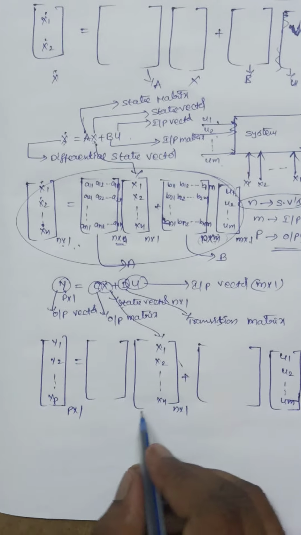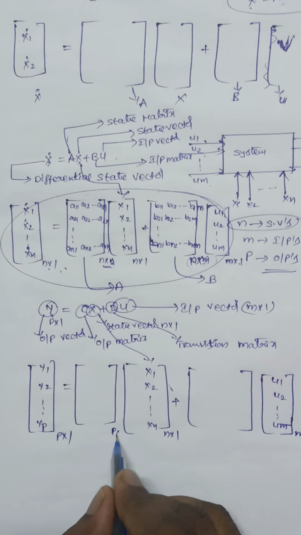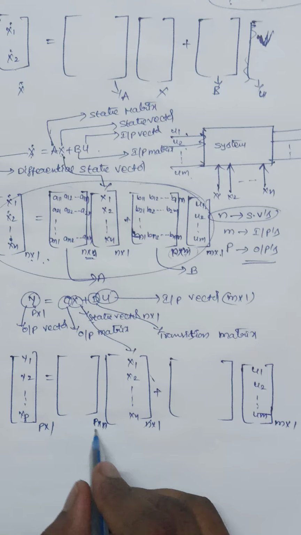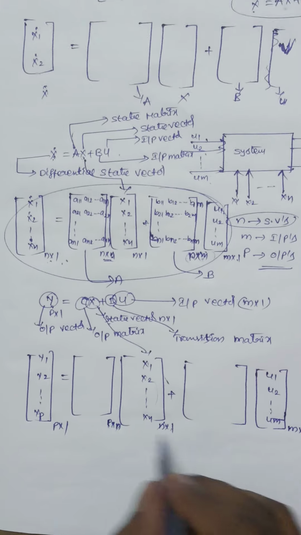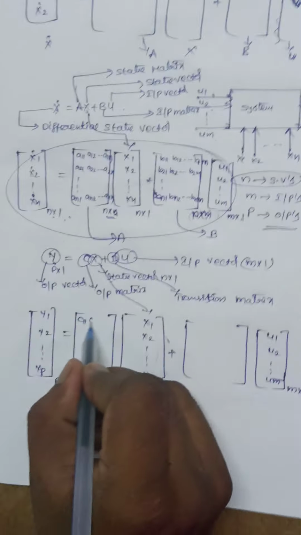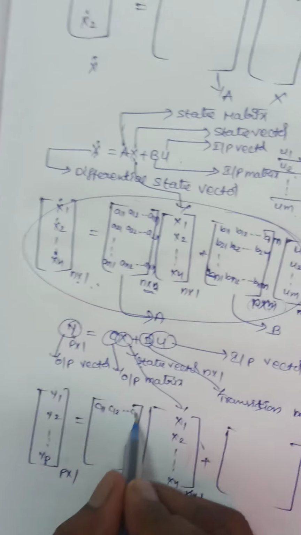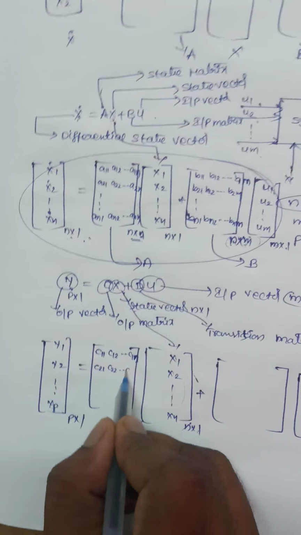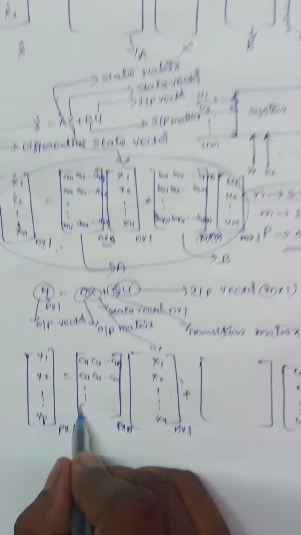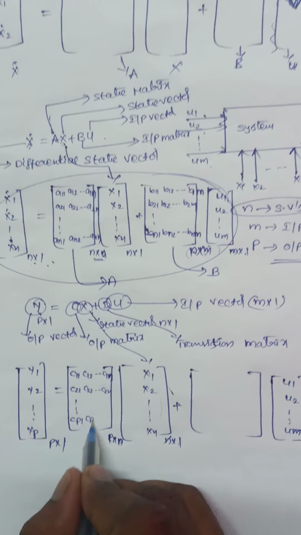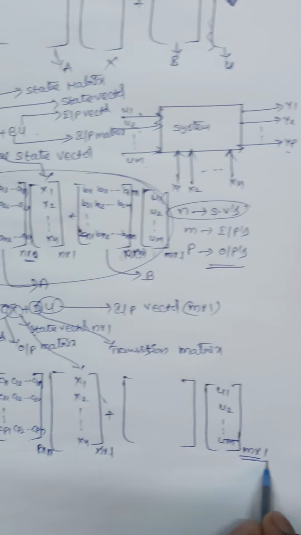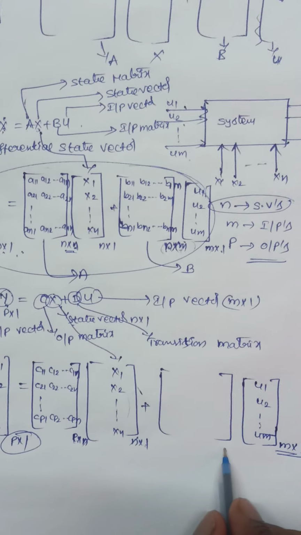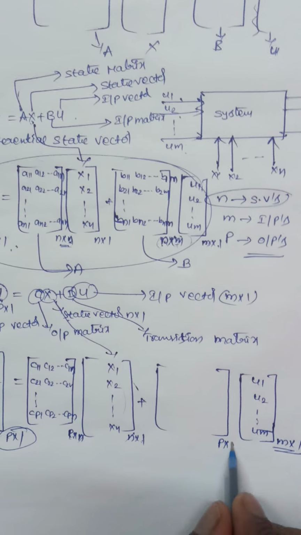So to get the multiplication to be a p by 1 matrix, it will be a p by n matrix. This n and this n will get cancelled, so finally we will get a p by 1 matrix for this product. So it is c11, c12, up to c1n, n number of columns will be there, c21, c22, up to c2n, up to the final row cp1, cp2, up to cpn. Okay, for this one it is an m by 1 matrix, but I need to get a p by 1 matrix here, so it will be a p by m matrix.